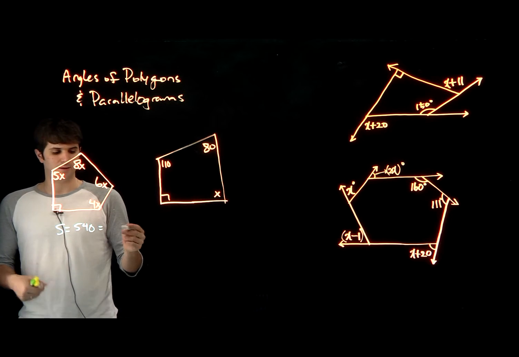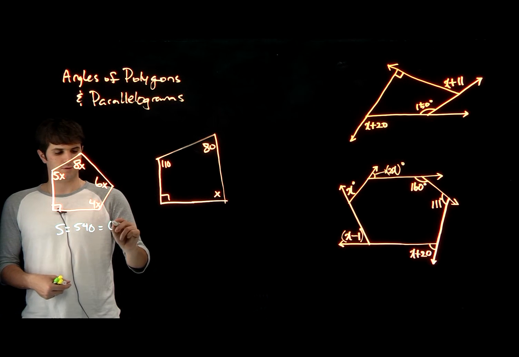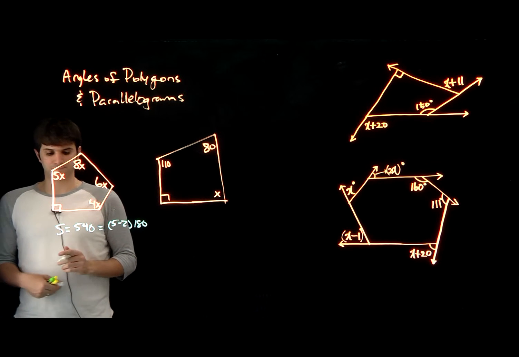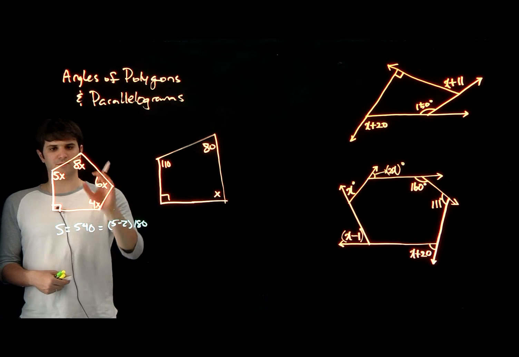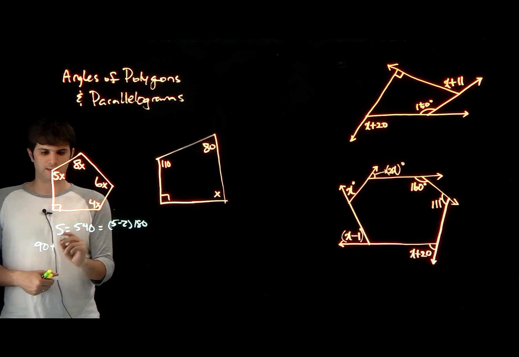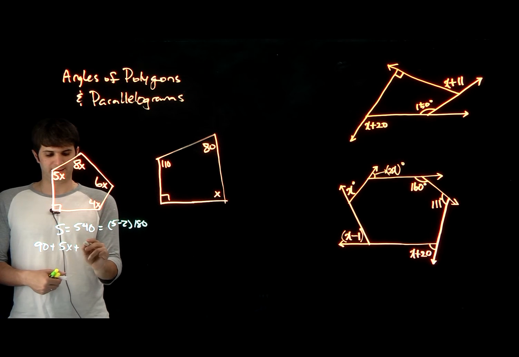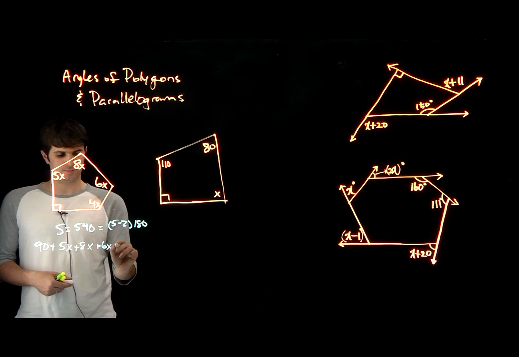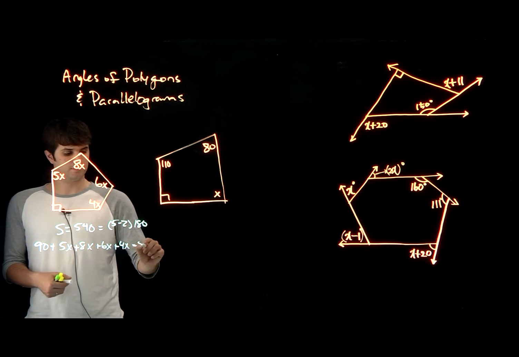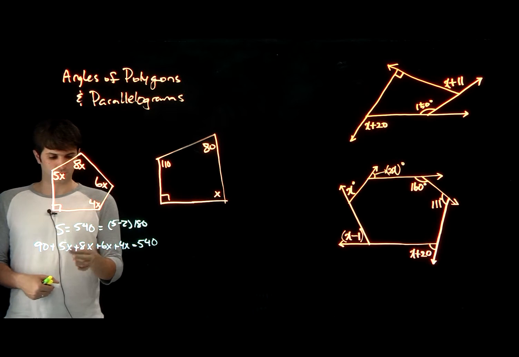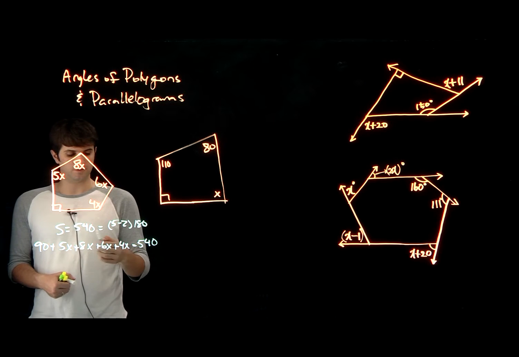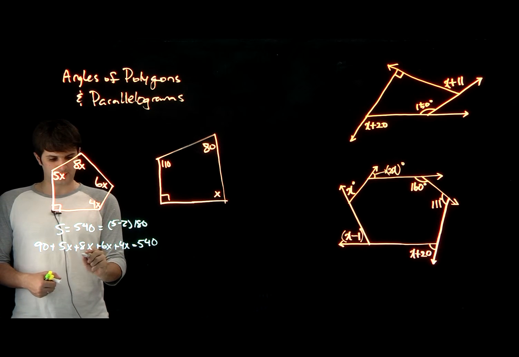And again, I got that from 5 minus 2 times 180. Okay, so we know that that's the sum. So we're given some values here. So we have 90 plus 5x plus 8x plus 6x plus 4x equals, and that should equal 540. Okay, so 5 plus 8 is 13, plus 6 is 19, plus 4 is 23, so 23x